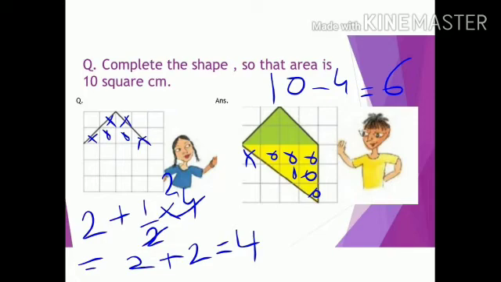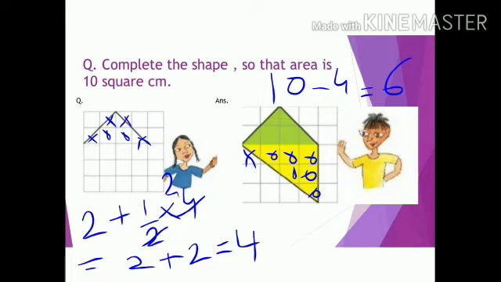So I have extended this figure so that we can get the area of 6 square units. You can see here I have extended like this. Now we will find the area of this extended figure. You can see here, students, here are 4 full squares and 2 squares which are more than half. So those which are more than half, we will assume as 2 full squares. So 4 plus 2 means 6 square units will be the area of this extended figure.